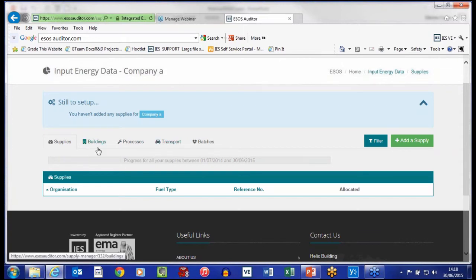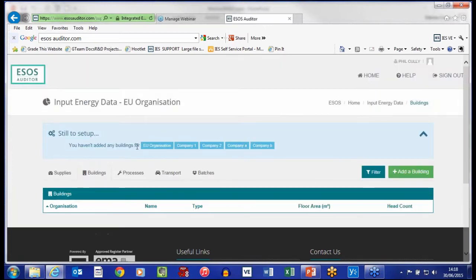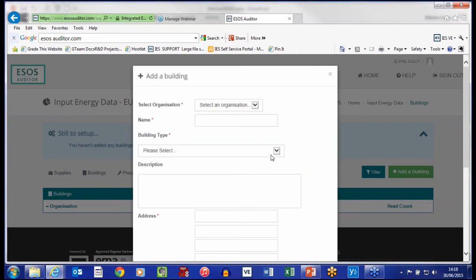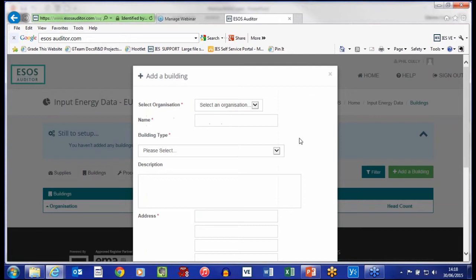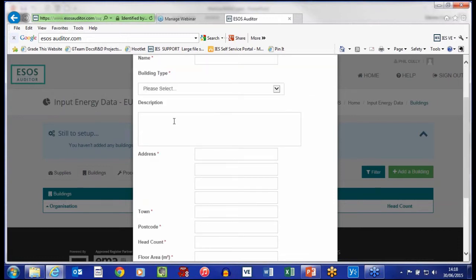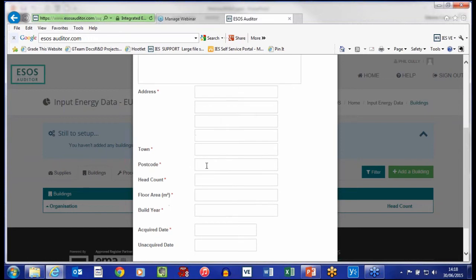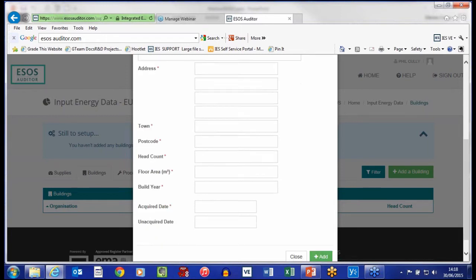So the first thing we would do usually would be to define the buildings and the processes. And the manual method to do this is just to add a building, and then we get a quick form to complete. So we can select the sub-organisation that belongs to, building name, the type of building from the standard sorted list, a description, so some notes if you want to identify the building, address details, town, postcode, the head count, the number of people that the building serves, the floor area of the building, the year it was constructed,